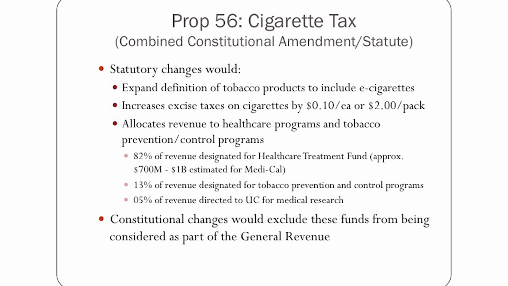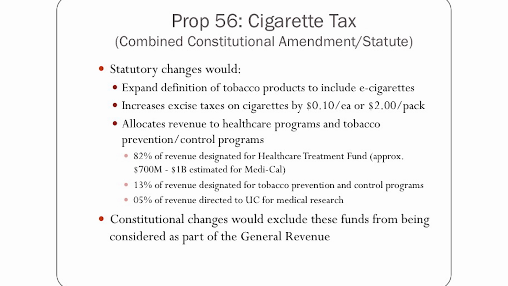13% of the revenue funds that would come in would be redirected to tobacco prevention programs and control programs. There's a concern about youth being attracted to e-cigarette delivery systems, and so some of this would be offsetting to combat that. And then 5%, to get to Emily's question earlier, this is where we see medical research directly funded. This would go to the UC system that does medical research, and it would be really earmarked for cancer and other tobacco-related diseases to try to improve the research on those conditions.